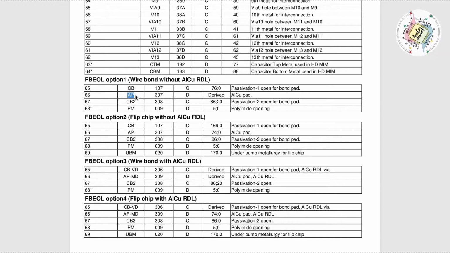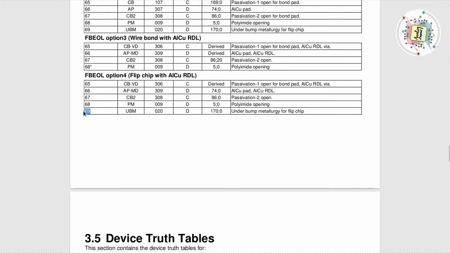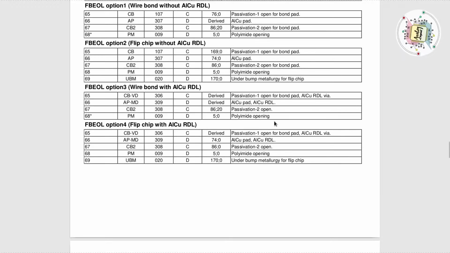Okay, so if you are using bond pad or bump pad or ESD pads, whatever the pads, AP metal is the metal which drives the signals from the pad to the internal circuitry. So the 66th step is AP metal fabrication. And then we have multiple fabrication methods. Up to 69 lithographies are there. That is nothing but the UBM, that is under bump layer. Okay, this will be used for the full chip, not for the base level layers. So we have 69 lithography processes.